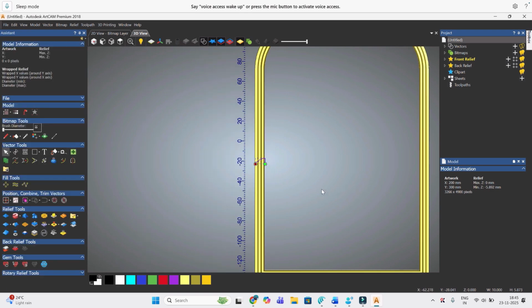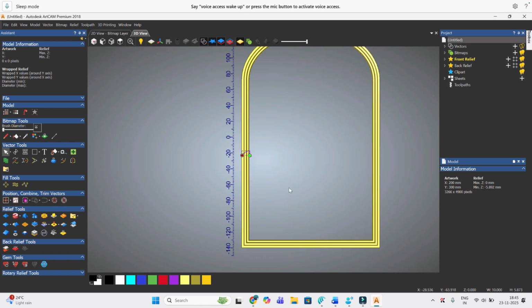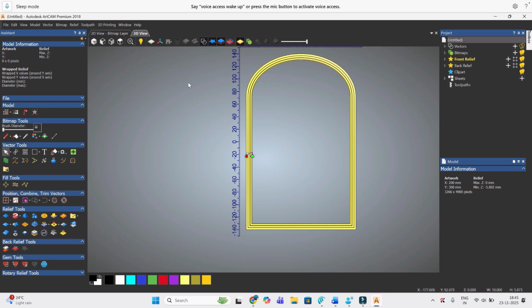So you can see this is the kind of border that we can create. Now you can import any 3D image and put it inside. You have to check the height of the border. Here it is 5.89. So the same 3D height image, 3D relief, you can paste inside,